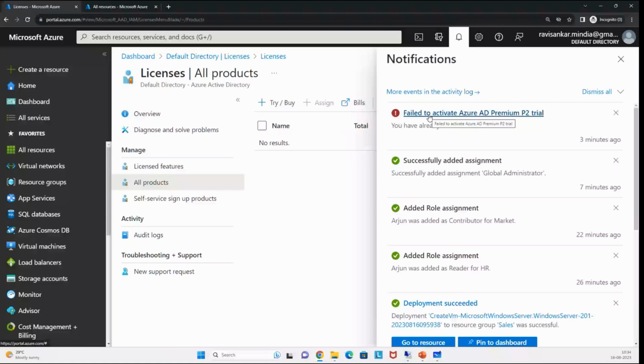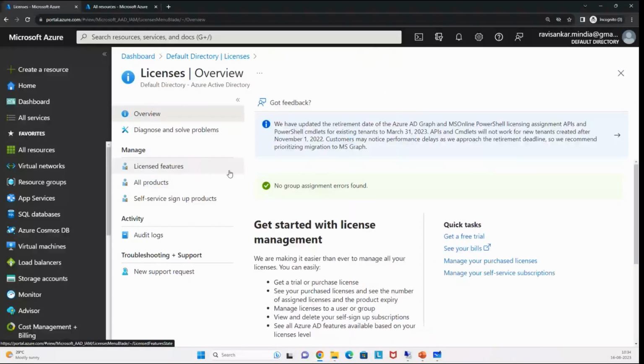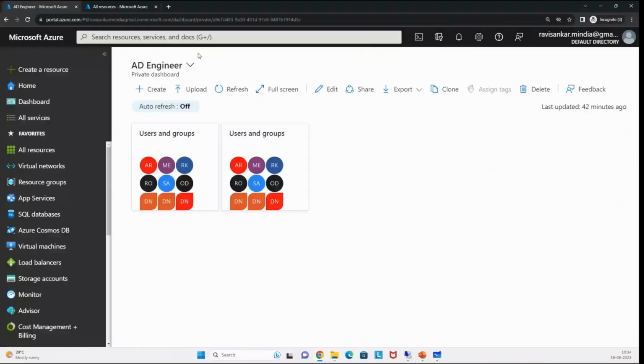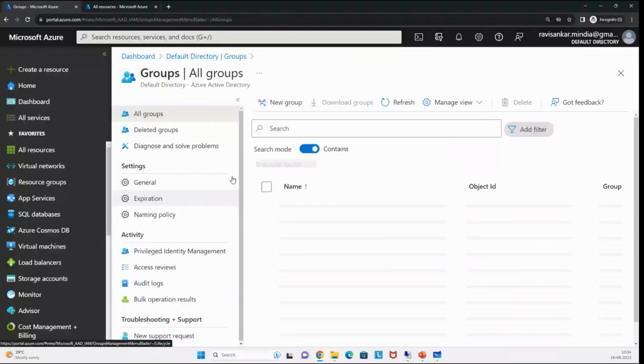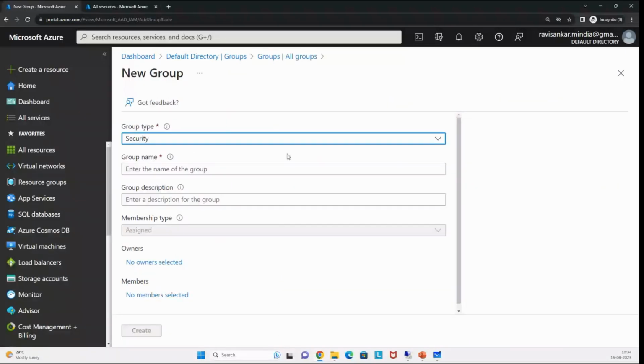Let me show you the concept of how exactly this works. When you go for creating a user group in Active Directory, let me enter into Active Directory here. When you create a group inside a cloud Active Directory, you will see an option called membership type. Normally we used to get three options inside this. The moment you select a membership type, right now this option is grayed out because the license I'm currently using is not allowing me to upgrade to P1 or